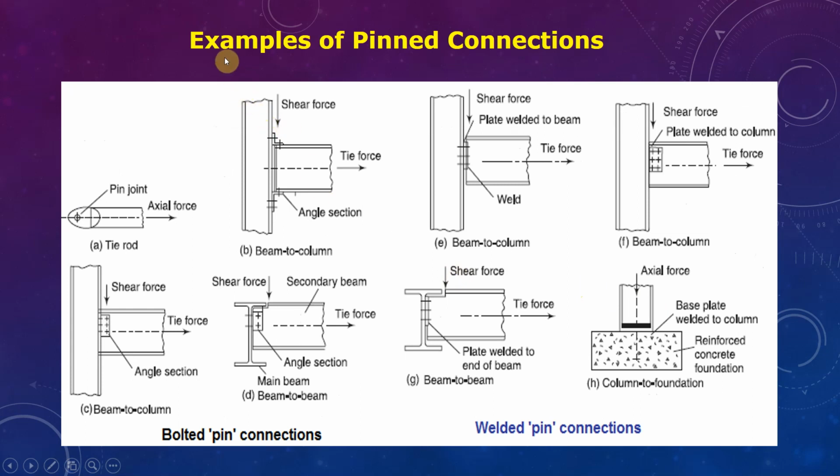Similarly, let us look at examples of pinned connections. Here column and beam are connected by means of a web angle on either side of the beam, and they are connected by means of a smaller number of bolts. Similarly here, main beam and secondary beam are connected by means of a cleat angle or web angle, and again the number of bolts is lesser. Similarly in this case, column and beam are connected by means of a seated angle at bottom and top. So again the number of bolts is lesser. Therefore we can say that all these connections, as the number of bolts is lesser, will behave as pinned or flexible connections.